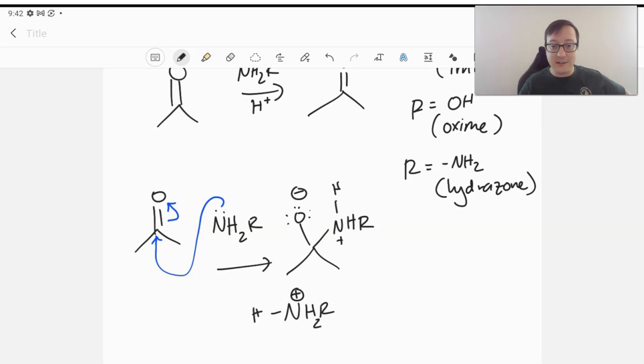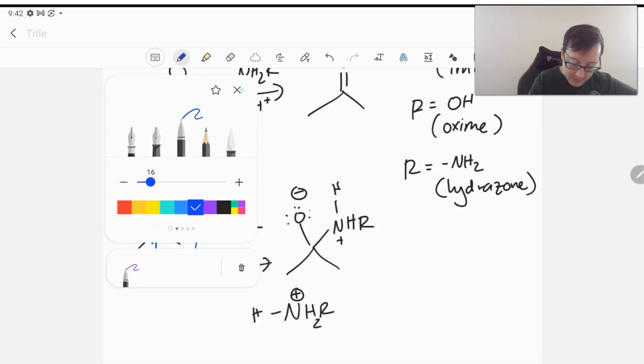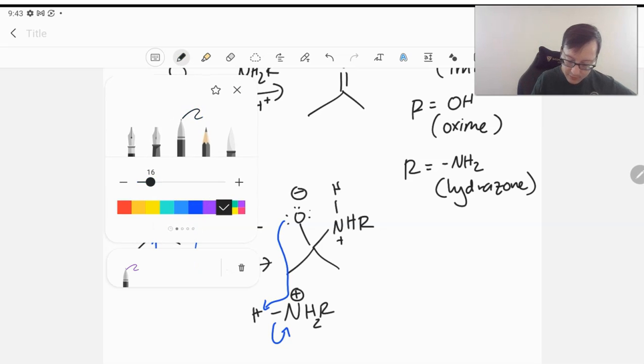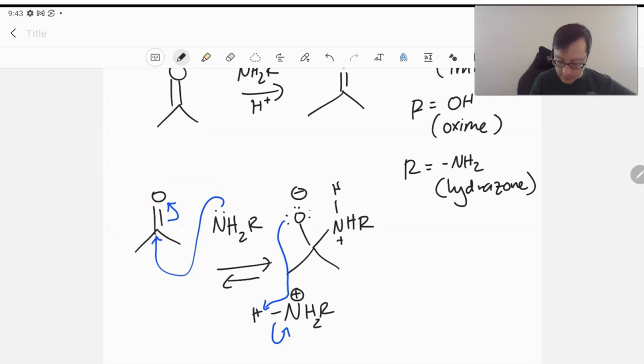We're doing this in acidic conditions. So our protonating agent will be an amine. And so we're going to go ahead and protonate that oxygen there, the negative charge. And we're going to grab that off a protonated amine that happens to be floating in our solution. And in doing so, by the way, these are, of course, equilibrium reaction arrows. We will have now an OH there, along with our protonated